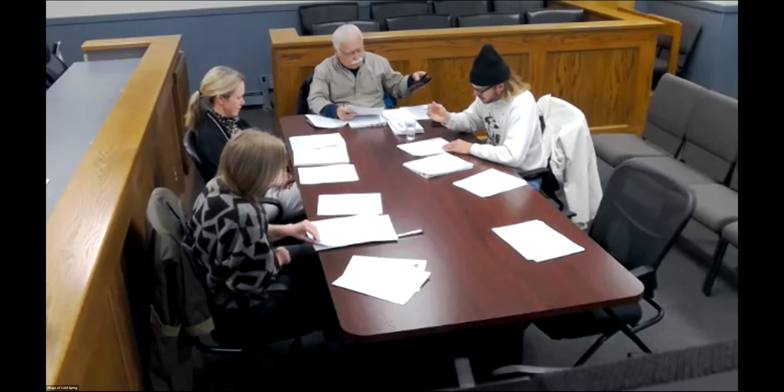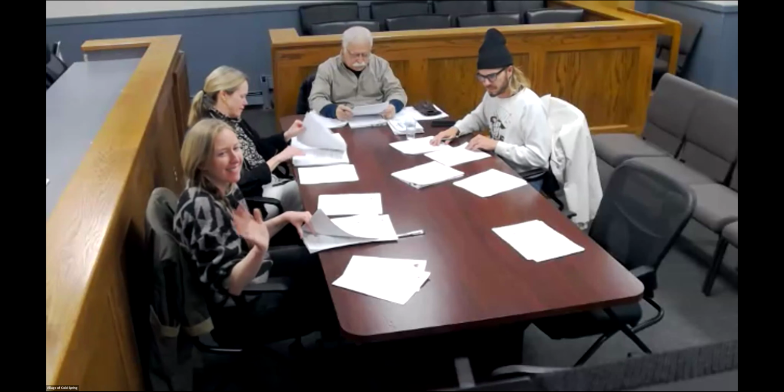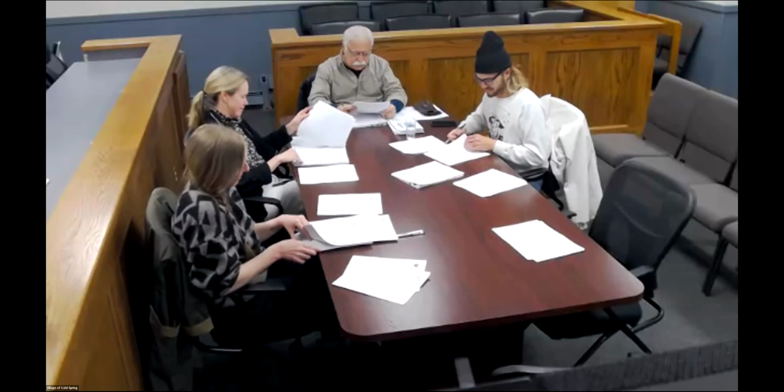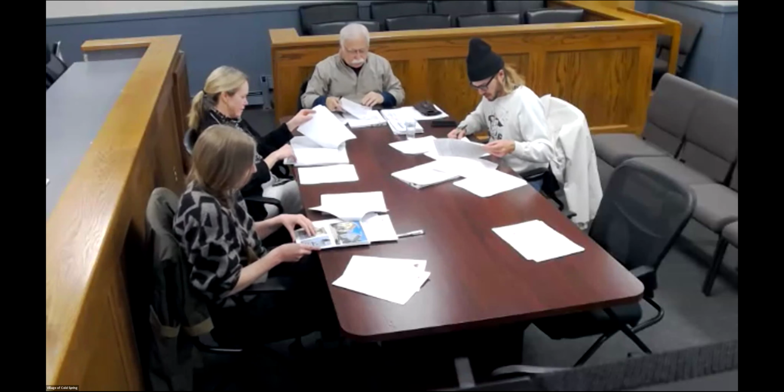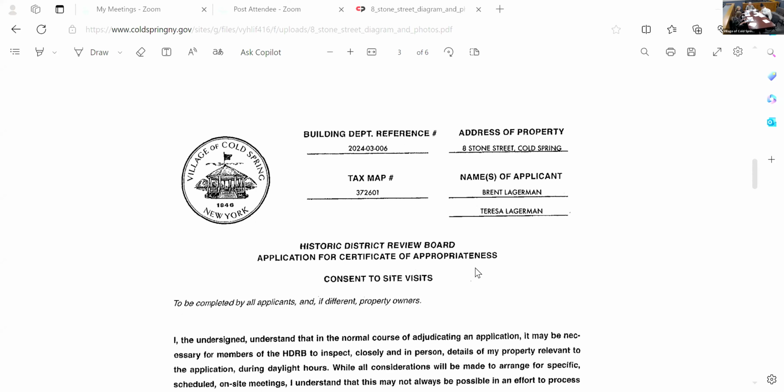8 Stone Street. Brent's here. Hey guys, how you doing? Replace and extend existing porch steps. Now, if I remember, this is kind of